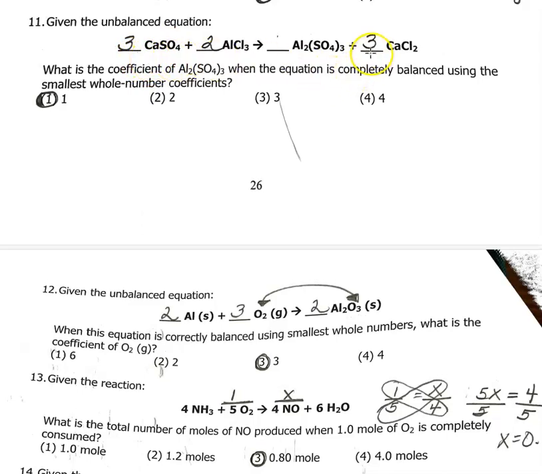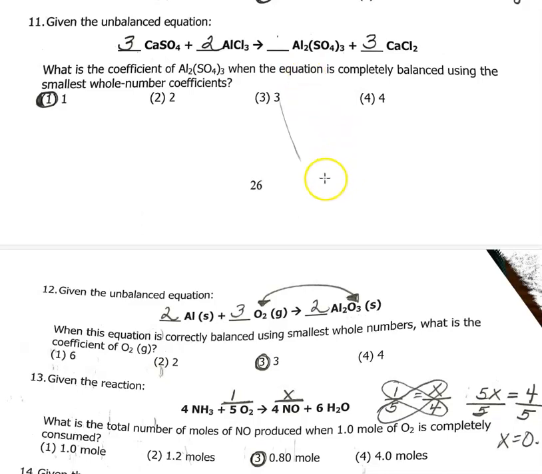So then I went to the right and put a 3 in front of CaCl2. Now my Cas are balanced, but it gave me 6 chlorines, because 3 times 2 gave me 6 chlorines. So now I have to come over here to AlCl3 and put a 2 in front of it. 2 times 3 is now 6 chlorines. That also gave me 2 aluminums, but I already had 2 aluminums in the Al2(SO4)3, so I didn't have to